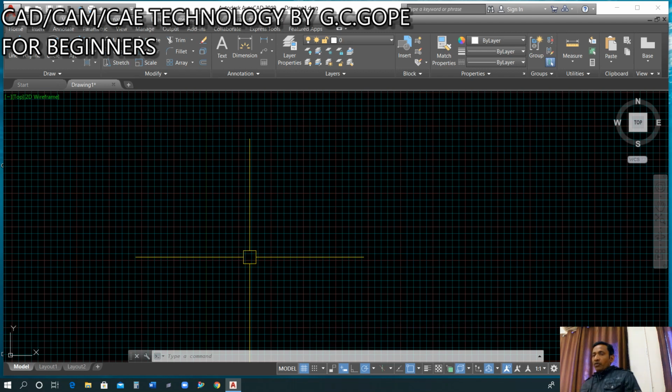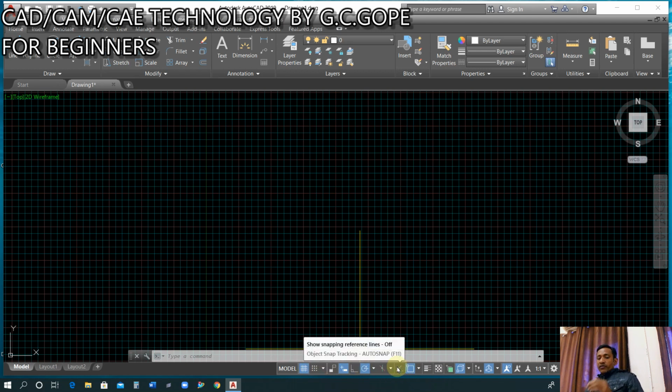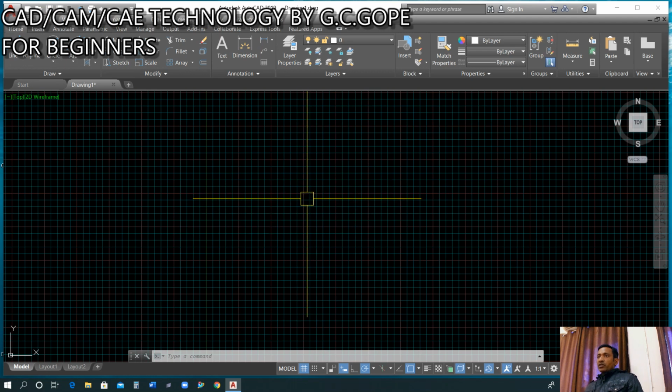Before this, I would like to discuss some basic fundamental setup in AutoCAD software. We can see that this is called the graphical window, the black color area. This is called functional keys, because these keys work according to the function keys of your keyboard. These are called the ribbon, this is the quick access toolbar, and this is called the cross hair. We don't call it a cursor, we call it a cross hair.